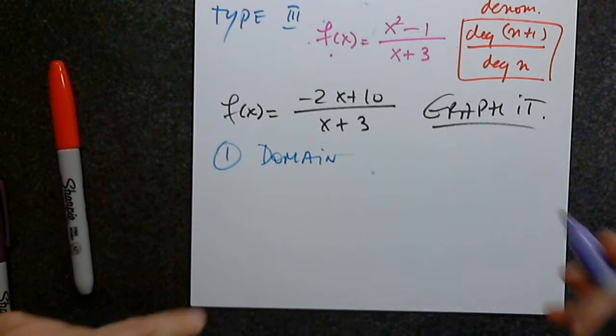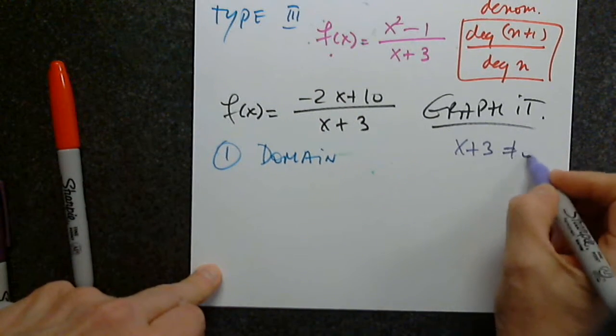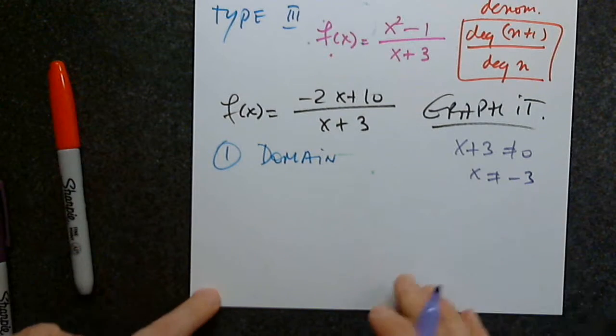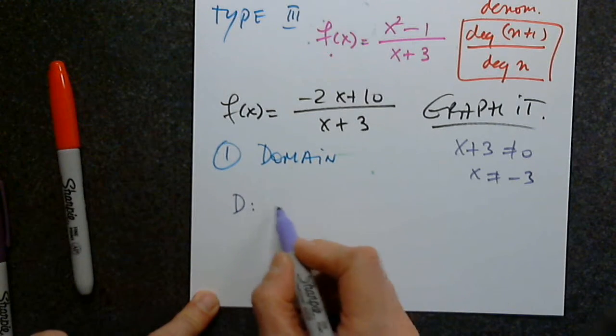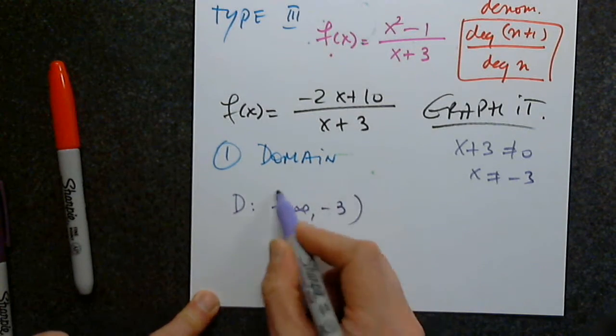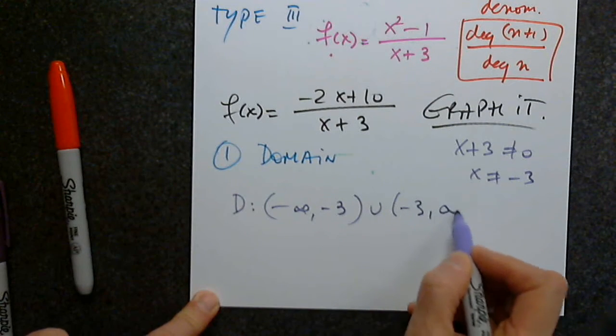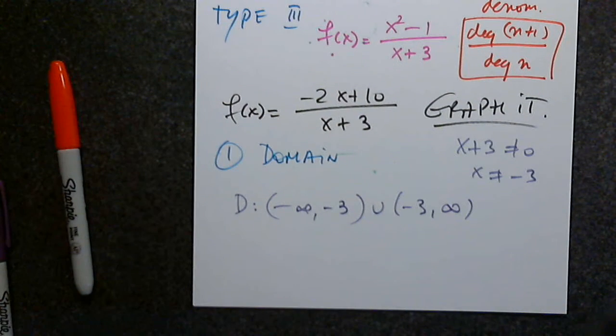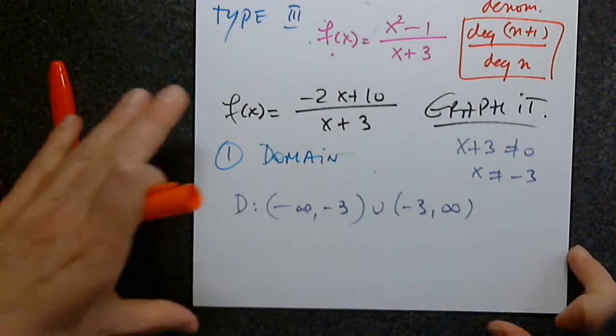Yes, exactly. X plus 3 cannot be 0. Of course, not negative 3. So then the domain is exactly negative infinity to negative 3 union negative 3 to infinity. Awesome. Please, let's start getting a chart going